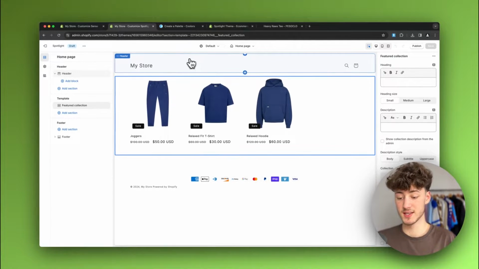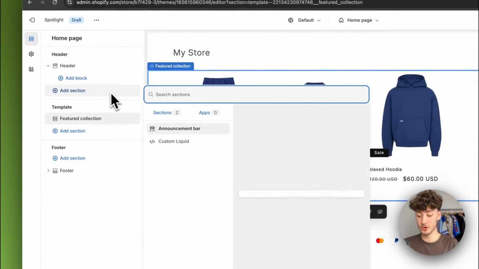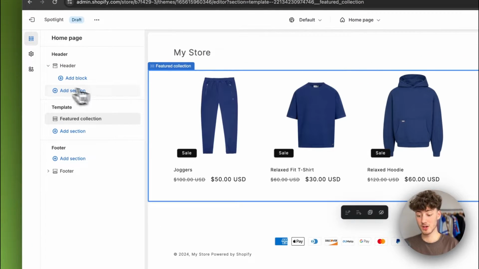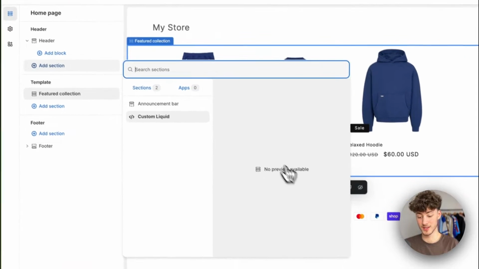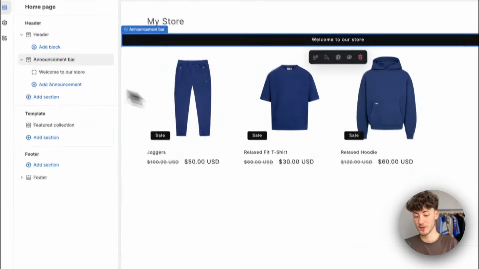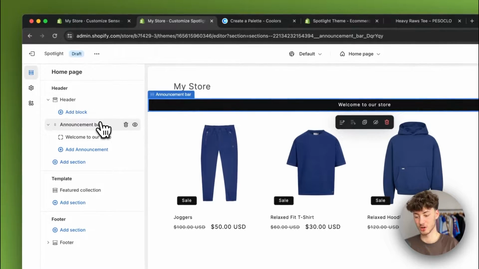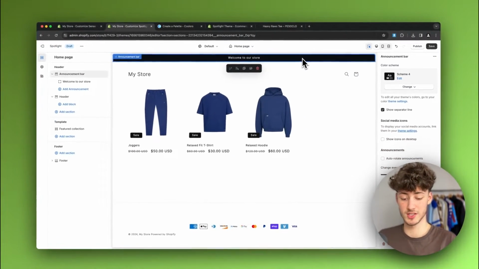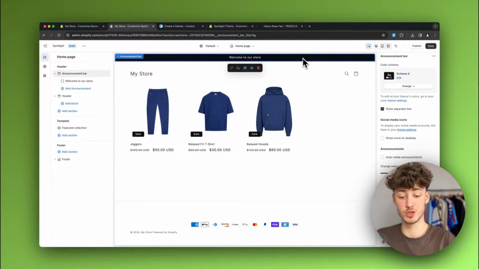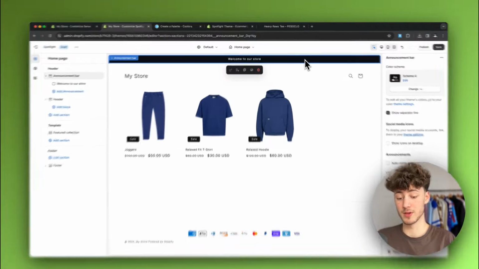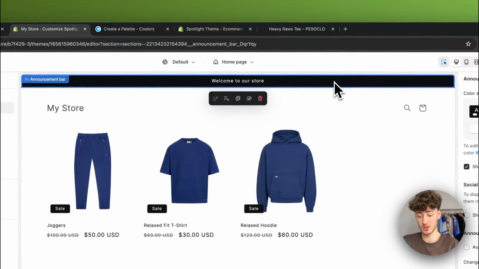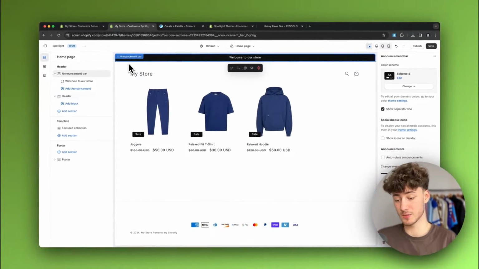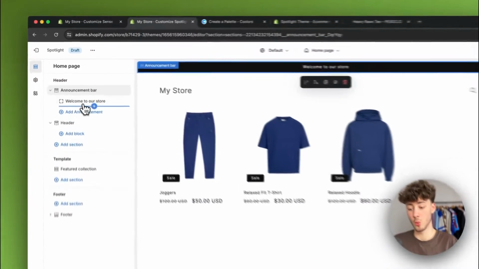Now, this store basically doesn't have an announcement bar. However, you can actually also add that by clicking on add section right here and then by selecting this announcement bar. Now, this announcement bar, let me actually drag this on top. And this announcement bar actually works great to just put out some incentives on why people should actually buy from you. You could maybe just put out your special offer that you have right now, and to actually customize this, you will just have to click on welcome to